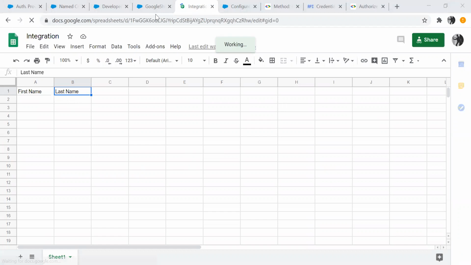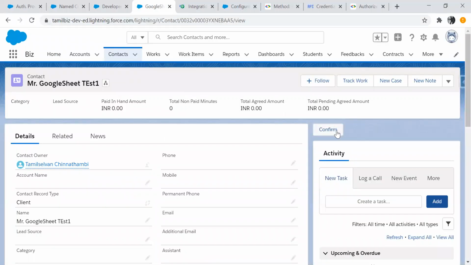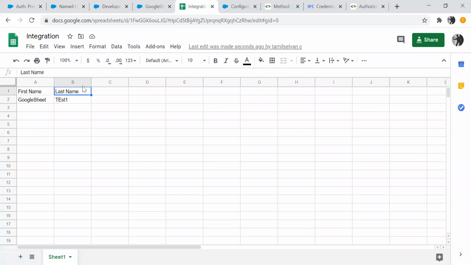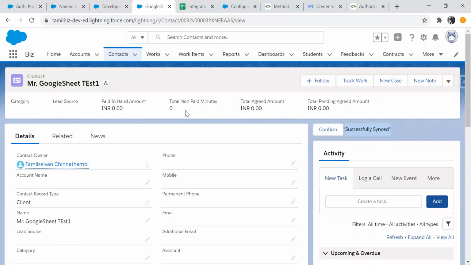So what I'm going to do, I will click the confirm button. Let me click the confirm button. So it is telling successfully synced. So let's see whether it got synced here. Yes, if we see here, first name and last name got synced from the Salesforce to Google Sheet. So it worked fine. So this is how we can implement the integration between the Salesforce and the Google Sheet.